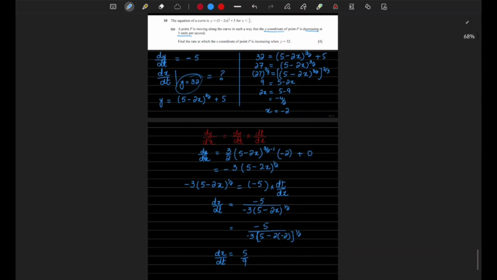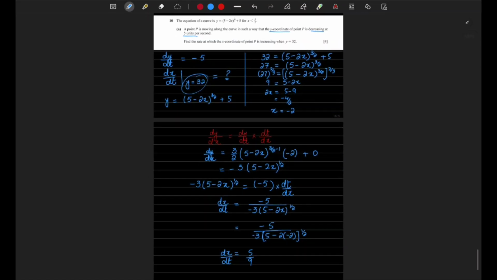Okay, so whatever they're asking us in question number 10, that equation is given to us of the curve. The y coordinate is decreasing at 5 units per second, so that means dy by dt. And we need to find the rate at which the x coordinate is increasing. As is also clear from here, this is a positive one, so that means the rate is increasing. So we are going to use the chain rule for this. We have a connecting equation, y equals this. So we'll differentiate it, substitute in this derivative and the dy over dt value, and then the important thing was